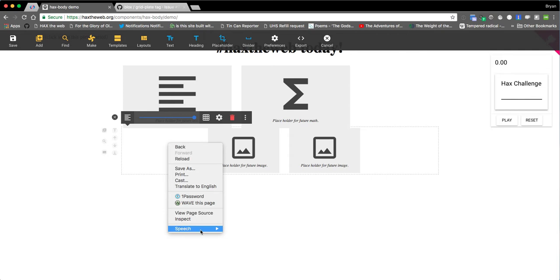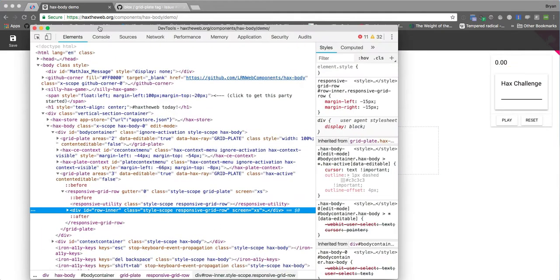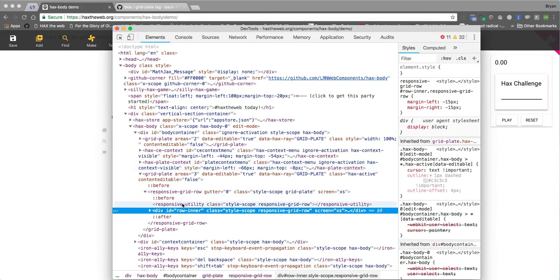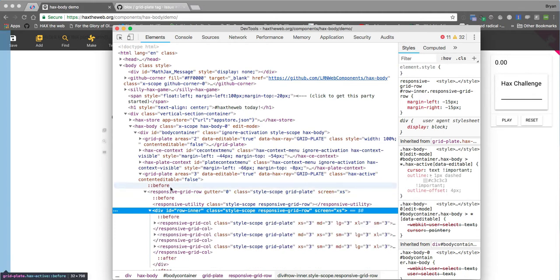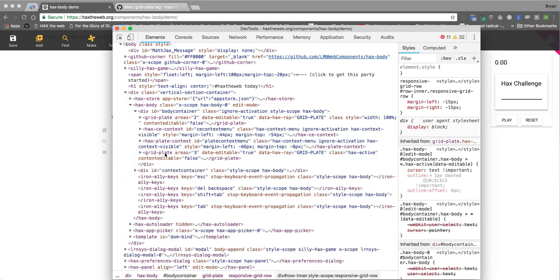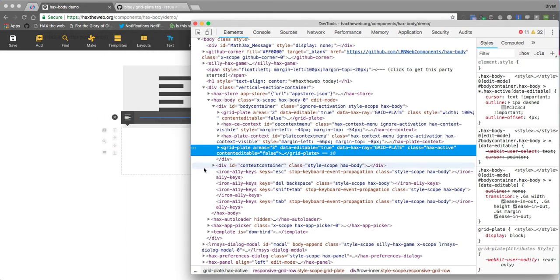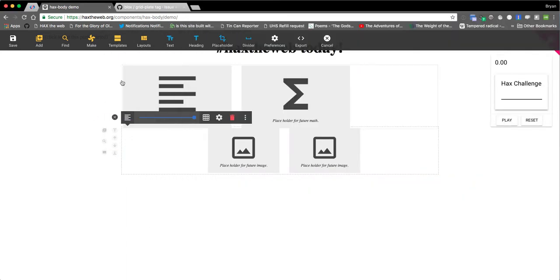But what this is, it's just another element. It's an element that implements something called responsive grid, responsive grid row, and just responsive utility. I'll have to talk to Nikki, who worked more specifically on the grids part, about how best she thinks we could integrate this. But basically, you're laying down a grid plate tag, and a grid plate is leveraging its slots to basically put